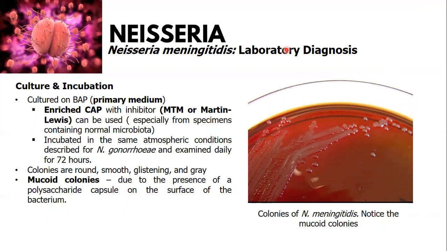But as I said earlier, we can also utilize enriched chocolate agar plate with inhibitors such as modified Thayer-Martin or Martin-Lewis if specimens were collected from anatomical sites containing normal microbiota. And once inoculated, primary culture media should be incubated in the same atmospheric conditions described for Neisseria gonorrhoeae, which is at 35 to 37 degrees Celsius at 3 to 10% CO2 with